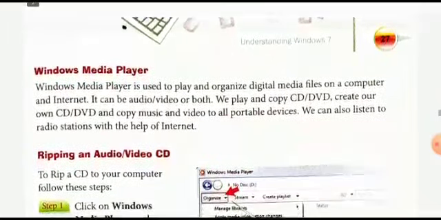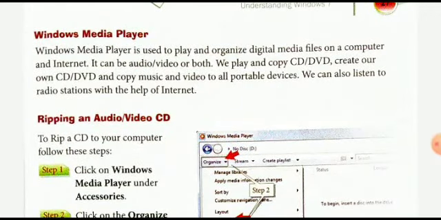Okay, now after that, Windows Media Player. Windows Media Player is basically used for audio and video files. If you want to store your audio files and video files in a place, so Windows 7 operating system gives you a location where you can store audio files and video files. From here you can do the process of ripping and burning of CD or from CD using Windows Media Player. So from here you can write your audio files or video files to DVD or CD, or you can get files from DVD or CD into Windows Media Player.